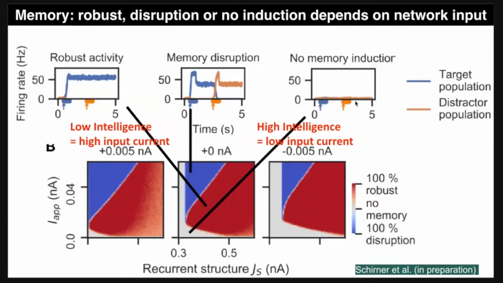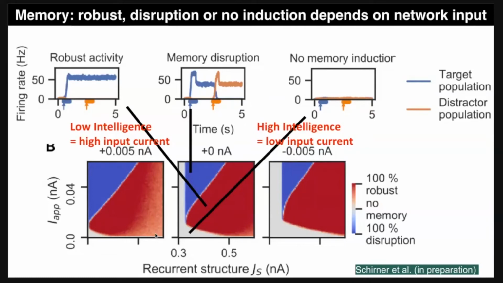So now we can look at how this performs when we embed this in different models of individuals or groups with different intelligence. On the left, in the bottom panel, you see the low intelligence virtual brain, and on the right, you see the high intelligence virtual brain. For the high intelligence group, I showed some slides ago that the average input currents that drive our regions are lower. For the low intelligence group, we have shown that the average input currents that drive our regions are higher.